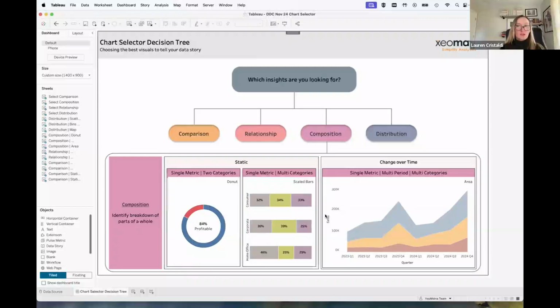For breakdowns where we want to see multiple categories and just one measure, this would be the percent of total sales, but I want to see it based on category and segment.